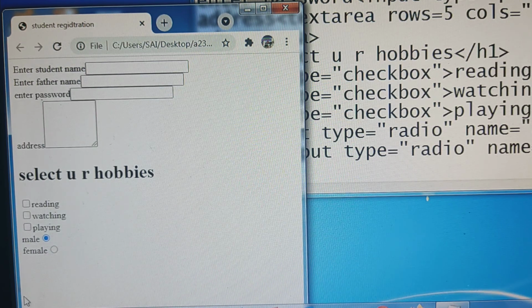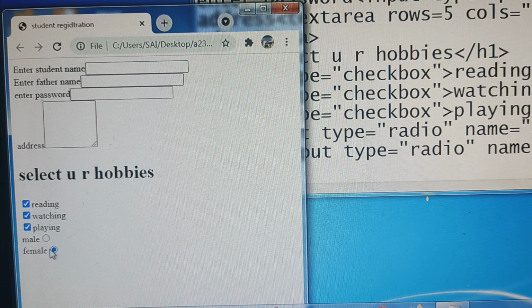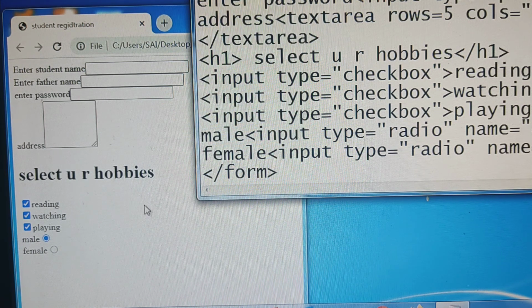If the user tries to select more options for the same field, it won't accept. If it is a checkbox, the user can give multiple values, whereas if it is a radio button, the user should select only one. Okay, this is a radio button.